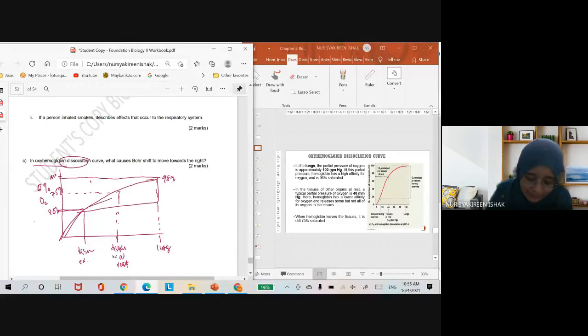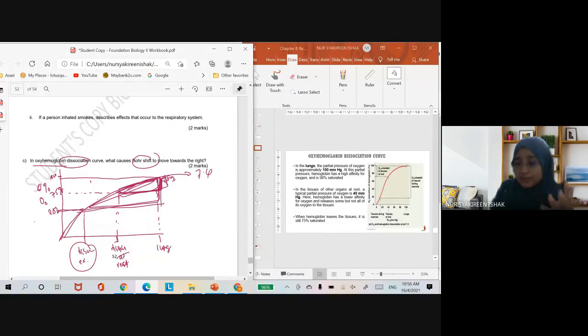98 bila dia pergi kat respiring tissue, banyak sangat dia akan release oxygen sebab the respiring tissue, the body cells, for example when you are exercising, you will require more oxygen kan? Tapi dalam keadaan rest, tak sebanyak yang hemoglobin akan release oksigen tu. Okay, sikit je. Okay, so Bohr shift ni kan, so for Bohr shift, ini dalam keadaan pH awak normal, blood